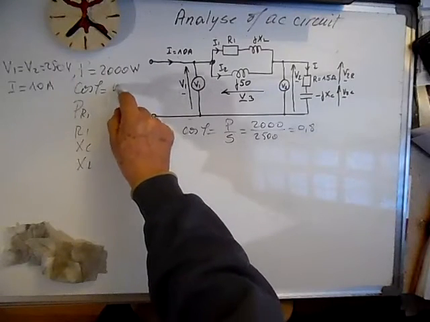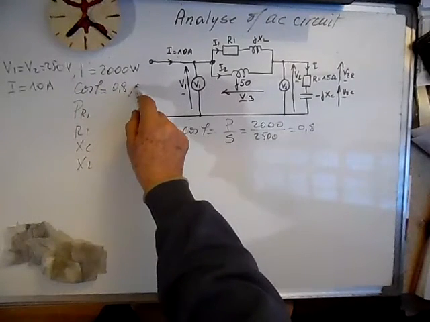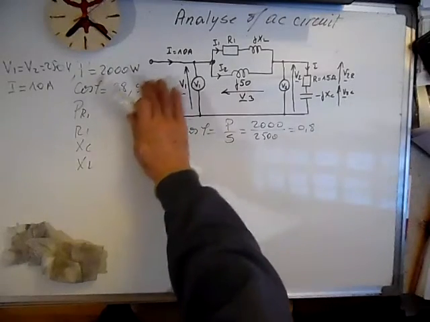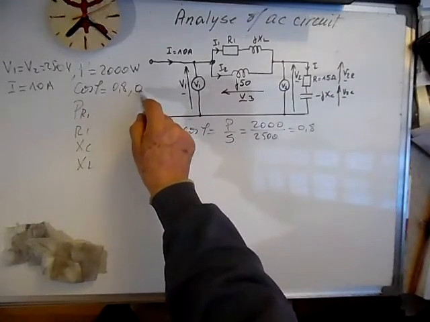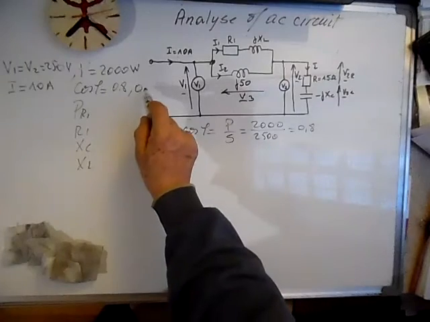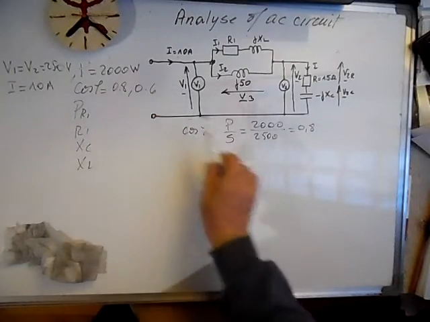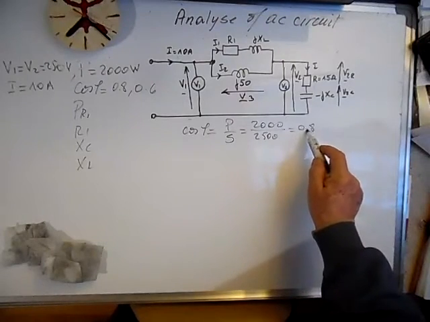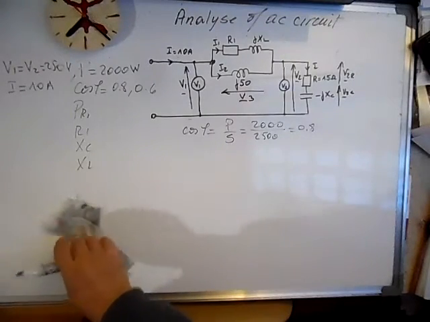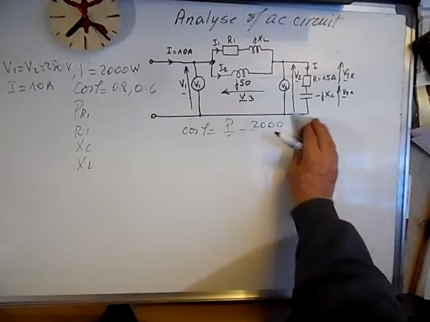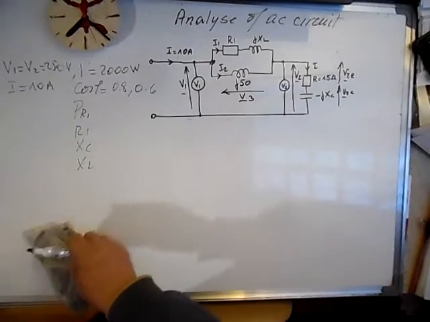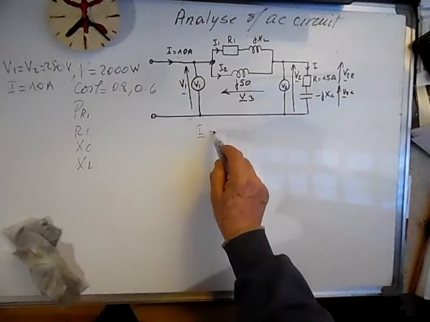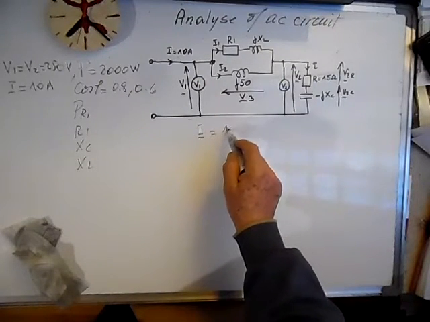Cosine phi is 0.8, and sine phi should be equal to 0.6. So we can write the current in complex form, because it's lagging, this current is 10